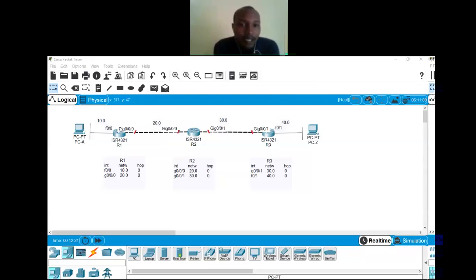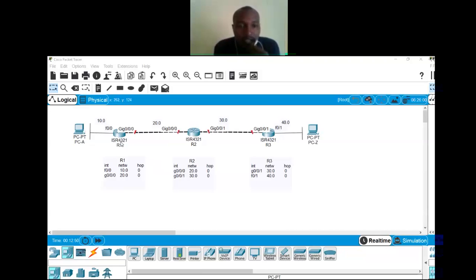So PCA, if it tries to ping R2, this is what will take place. PCA will try to ping a destination that is under network 20.0. So the destination is not within its local area network. By default, that traffic should be taken to router 1, because router 1 in this scenario is the default gateway for PCA. Once the data reaches R1, R1 will check, you're coming from network 10 and you're going to